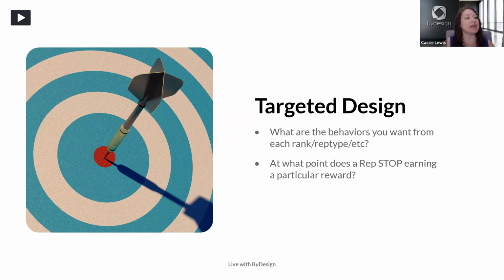Look at each individual rank, each individual rep type. What are the behaviors that I want a new rep to focus on versus my leaders? What do I want my affiliates to focus on versus my business builders? Okay, so make sure that you're targeting and being very strategic about the behaviors that you want from each individual